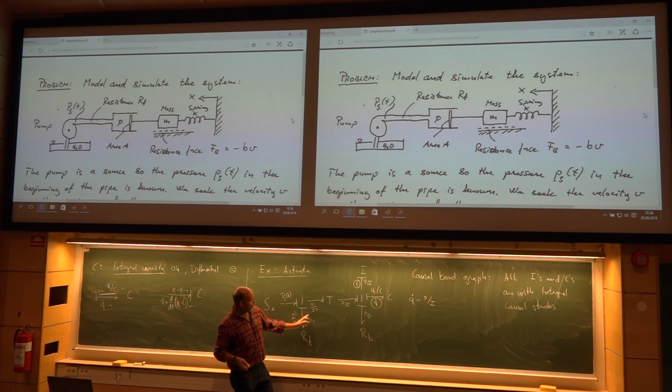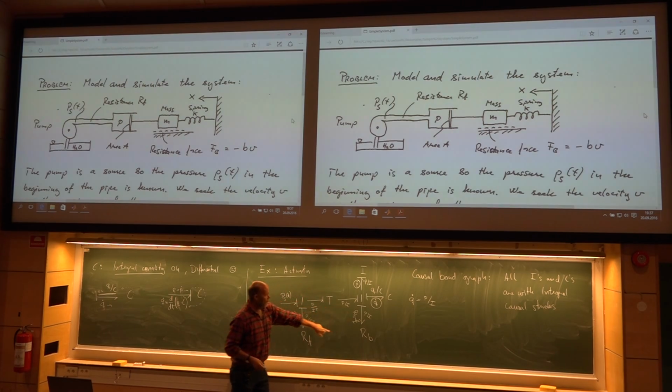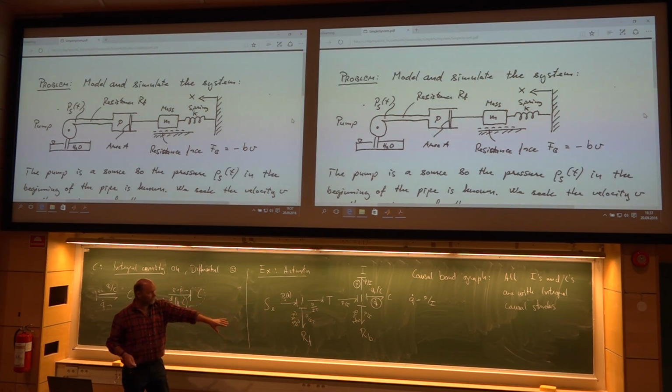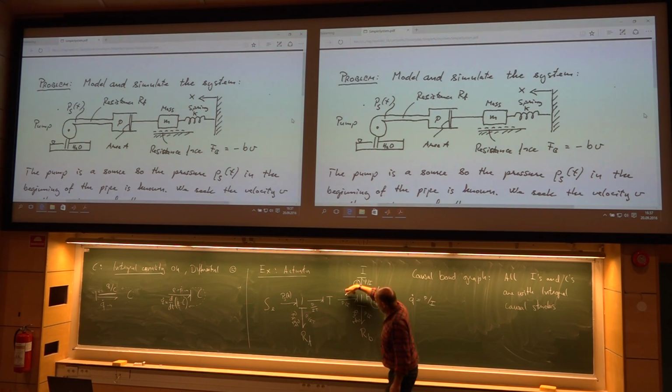Okay, now we have all the flows. Here I have a flow hitting a resistance, then the effort on the other side, RB multiplied with P divided by I. I'm still missing something. I'm missing one equation. Where can I find it? Well, I'm missing some efforts here. Let's try. The effort here, well, he will come out of the transformer. So I have to find this effort here first. How can I find the effort here?